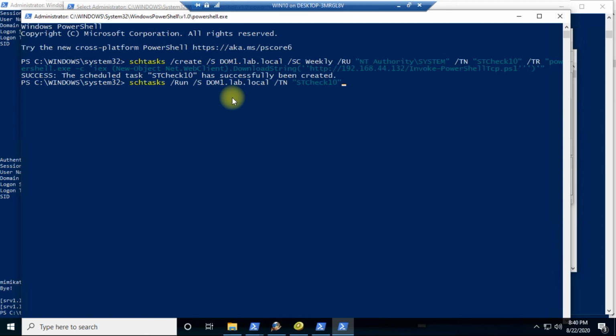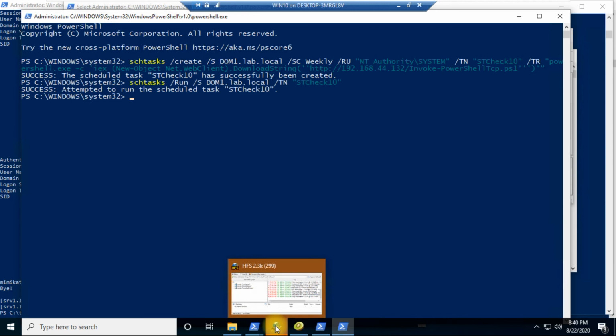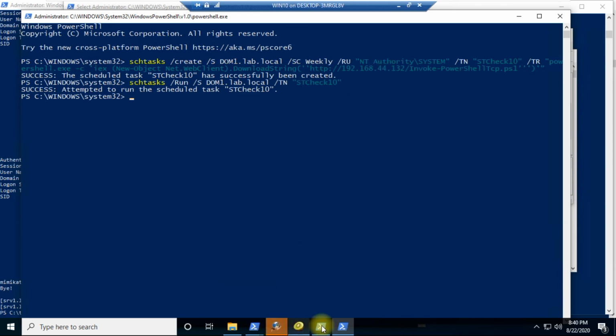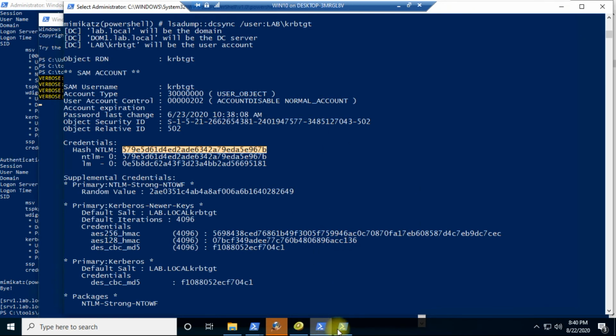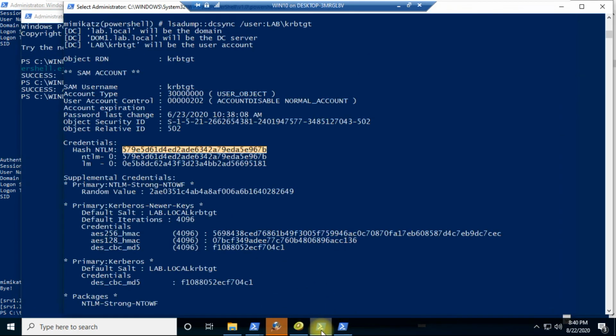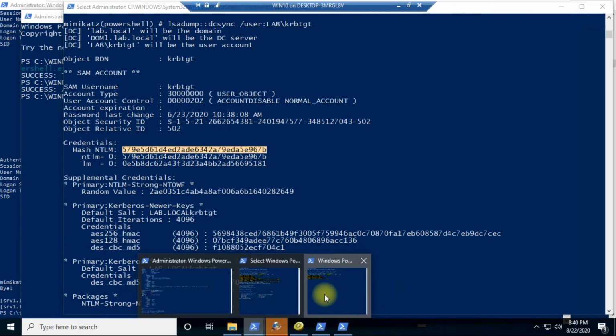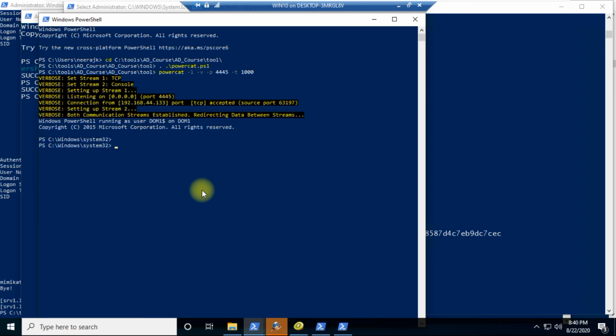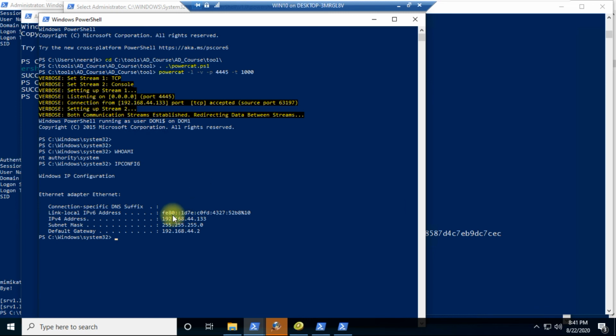Once we run that, it triggers and fetches that script from our HFS, and in a minute we can see that we get the domain controller reverse shell on PowerCat. Let me also verify whether it's the same IP address or not. I can see that it's the same IP address of the domain controller.